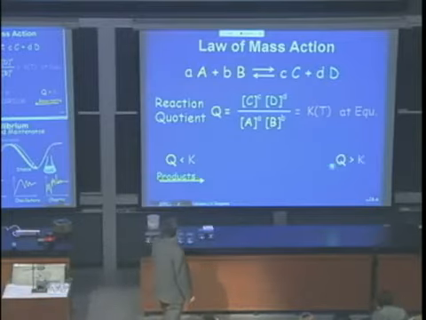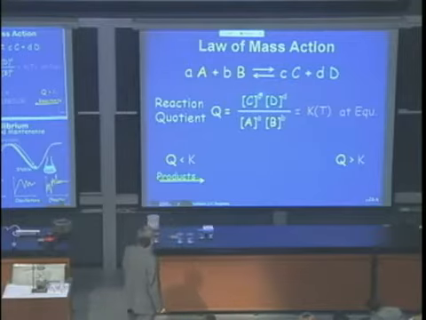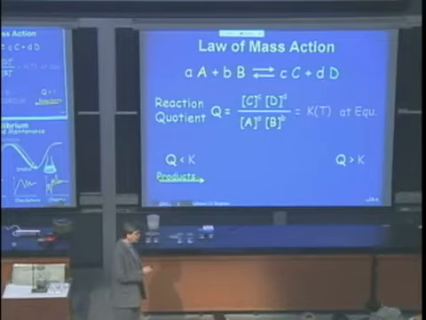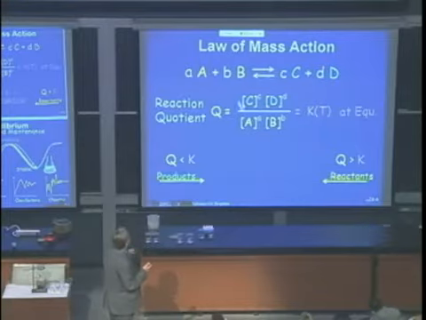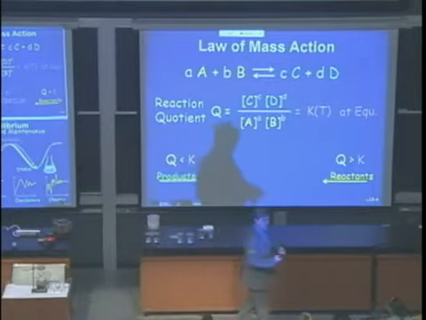And if Q is larger than the equilibrium constant, that means the numerator would be too large. That means we have to go in this direction. We have to make more reactants. So this will tell you, if you have Q and K, in which direction you go. That way you get that concentration down, and this concentration will increase till you get to that constant. And that constant is a constant